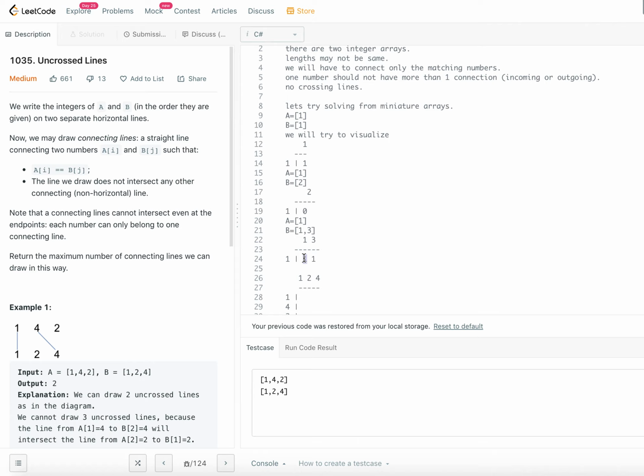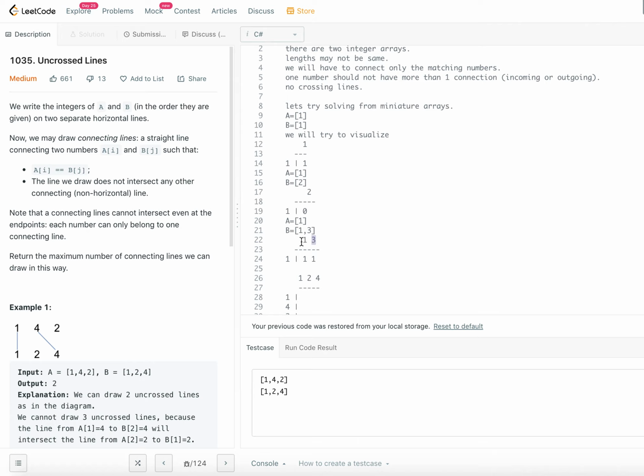What we are saying is that from array A0 to B0 we were able to draw one line. Now we are saying from A0 till B1. That means B0 is also included. It's not just B1 alone, it is until B1.